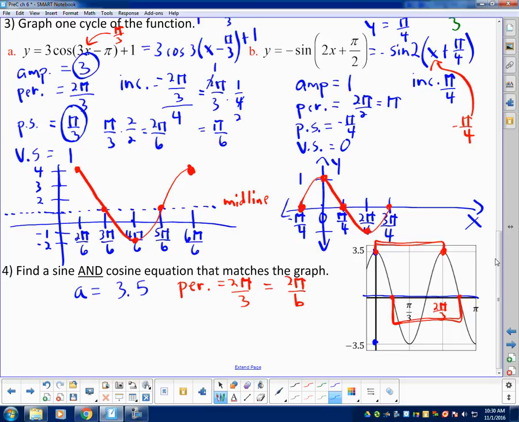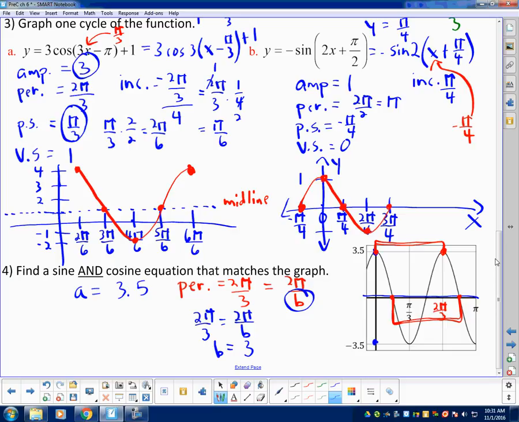So we got 2 pi over 3 equals 2 pi over b. And so b equals 3. You can see that right here. B equals 3. So we have b, we have a, the amplitude. There is no vertical shift. There's definitely a phase shift